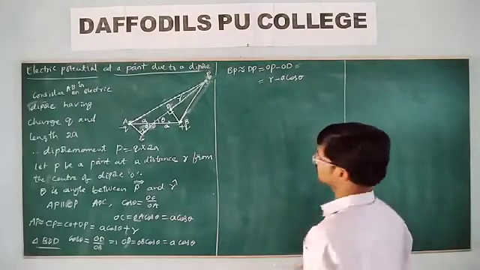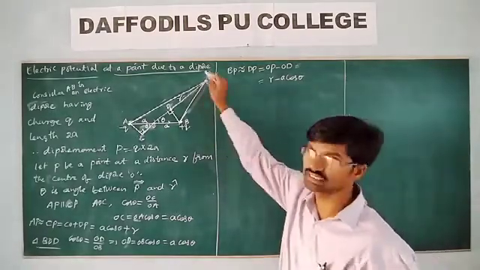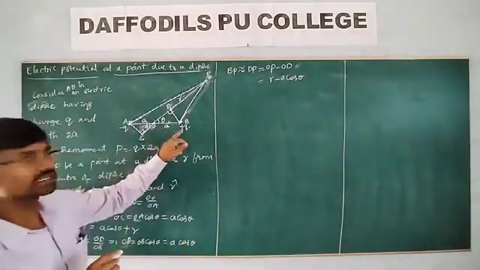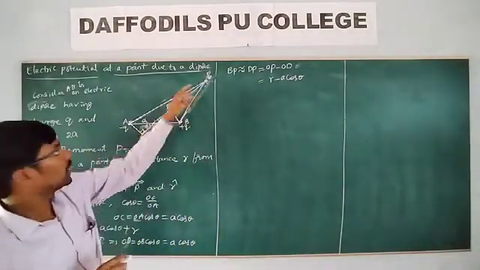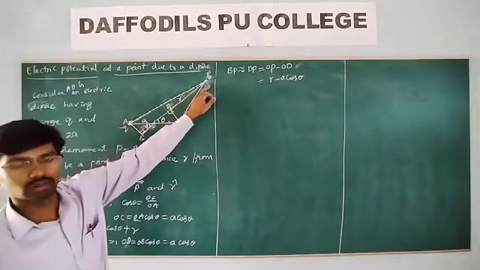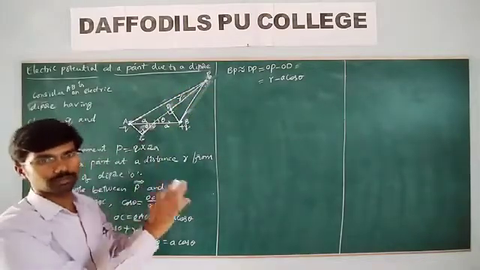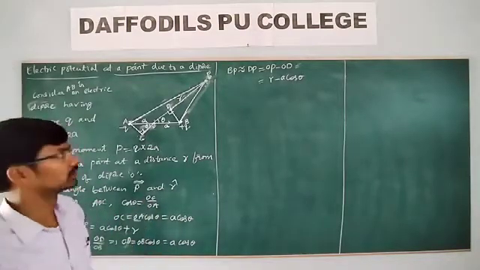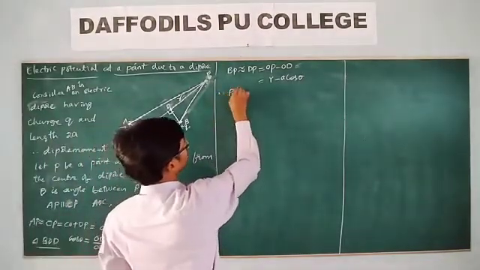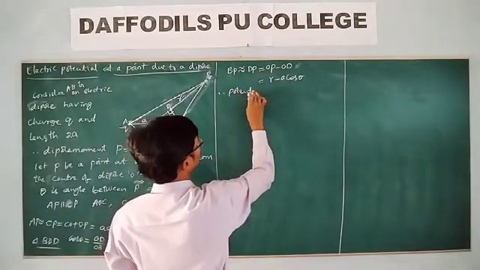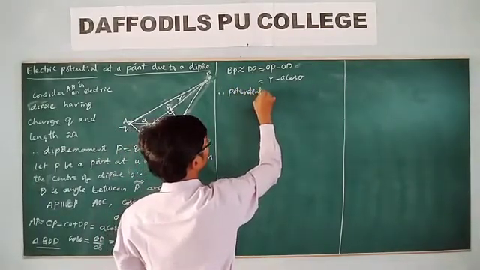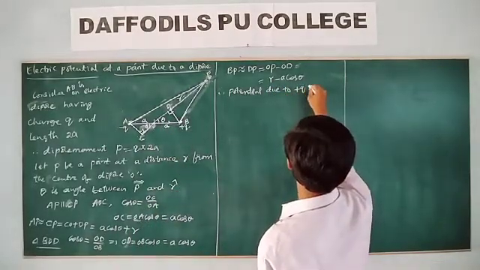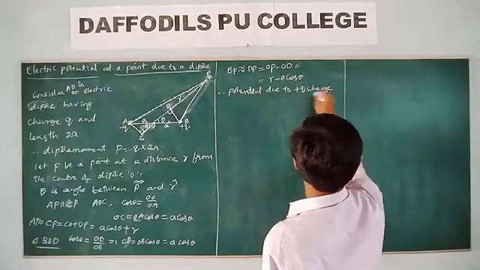Is it okay? Now let me write the potential due to the charge at this point and the potential due to the charge at this point. Now we have the potentials V is equal to V1 plus V2. Then we get the potential due to a dipole at any point. Therefore, potential due to plus Q charge at